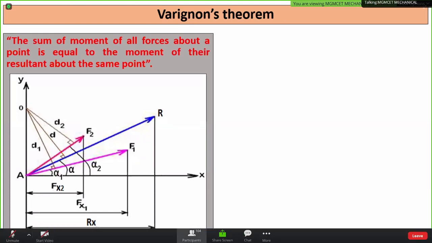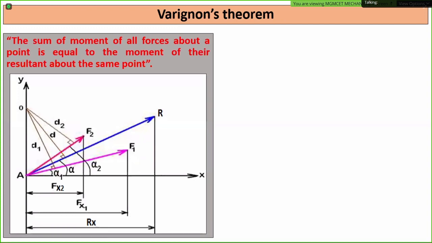So F1 and F2, these are the two concurrent forces making an angle alpha 1 and alpha 2. By the parallelogram law of forces, I can find out the resultant. It says if two concurrent forces acting in a system are represented in magnitude and direction by adjacent sides of the parallelogram, then the diagonal of the parallelogram passing through the same point represents the resultant. So chalo, forget about this. Now let us say R is the resultant and its inclination is alpha over here.